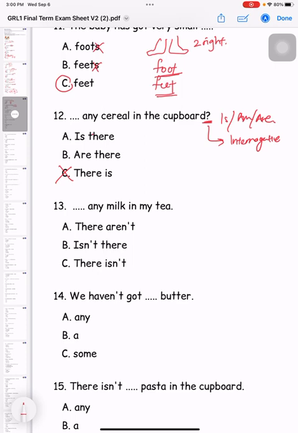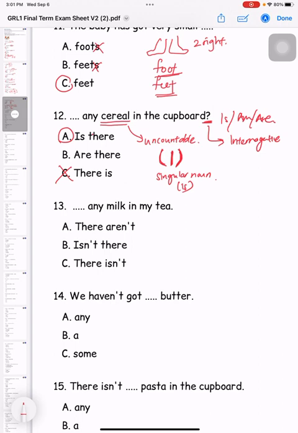So let's look at the item or the things at the back. It's talking about cereal. So cereal is countable or uncountable? Cereal is uncountable. So when it's uncountable, that means we can't count. Okay, so that means we only take it as one only. Because if you can't count the items, you can't say there are 2, there are 3, there are more. So we can only say it's one only. So when it's one only, that means we take it as singular noun. Alright, singular noun, so we have to use is. So the answer is there is.